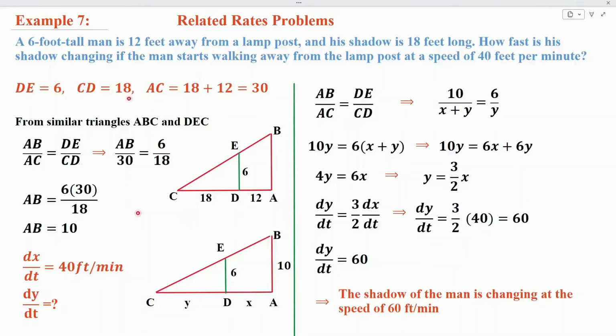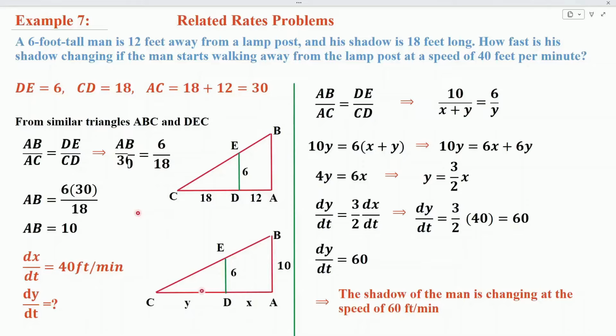Now substitute values from the above data, and after simplification, we get that AB is equal to 10. In the question, it is told that the man starts moving away from the lamp at a speed of 40 feet per minute. Now when he starts moving, his distance from the lamp will change, so it will become variable